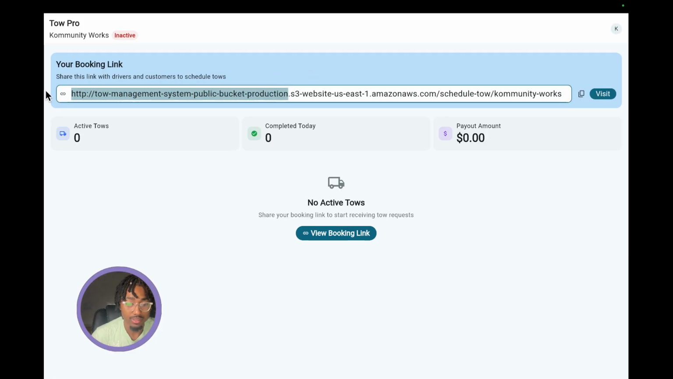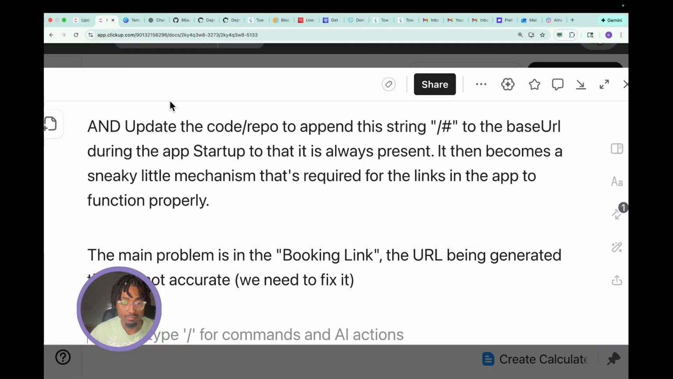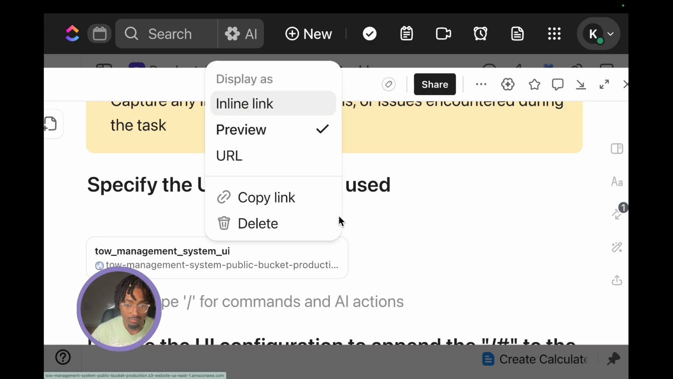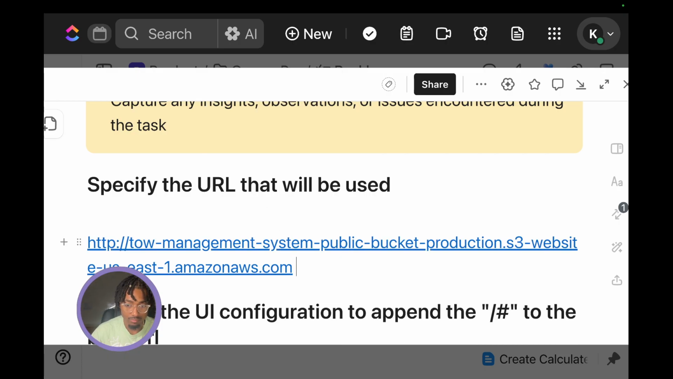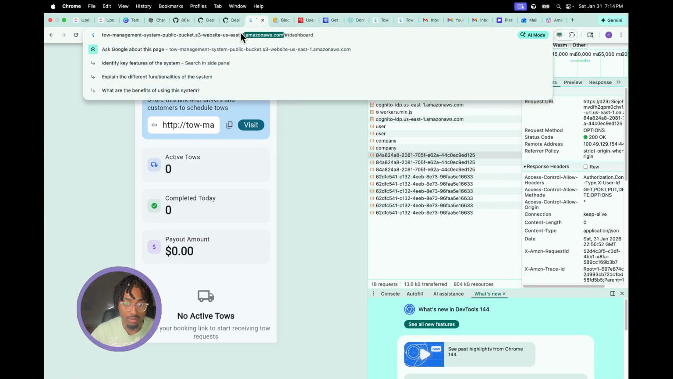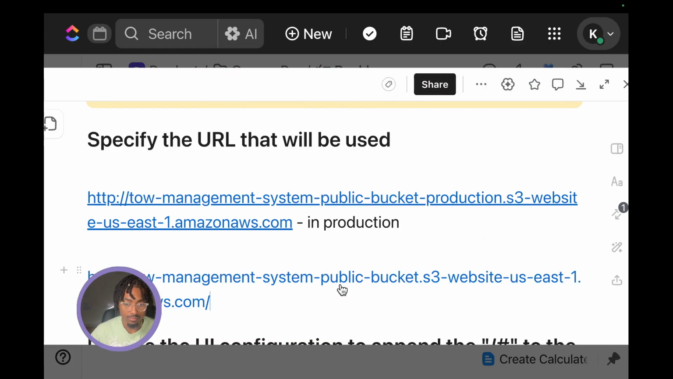So the interesting part is, I'm going to use this URL, or this URL actually right now, but production, development would use this one. In development,